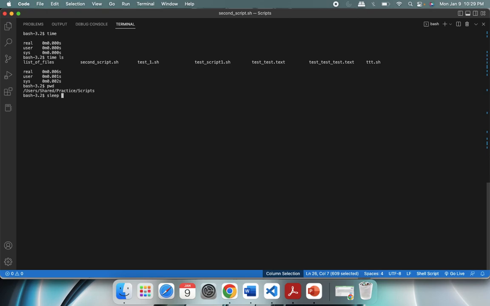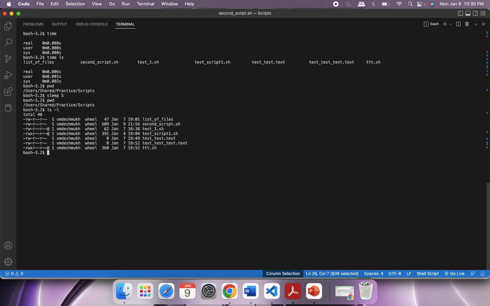As the name suggests, sleep 5. I will just use a minimum time. It will delay the execution of the next command by that many seconds. If I want to execute the ls command, but before executing it, let's say I execute touch. I'm on the script folder, so better not to do anything there. Better I move on to